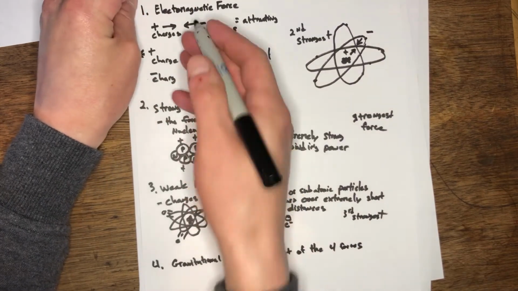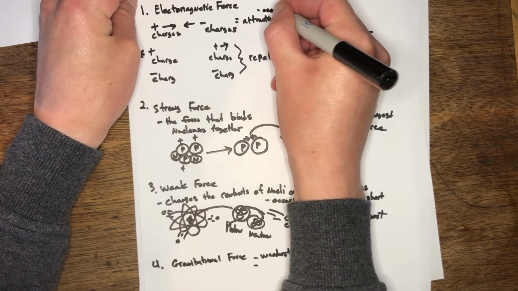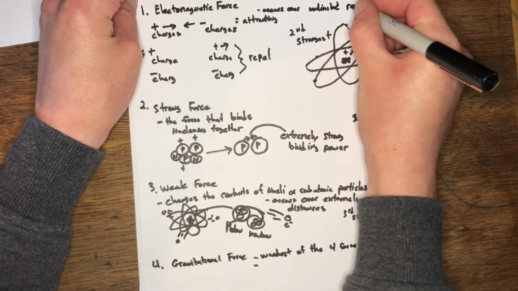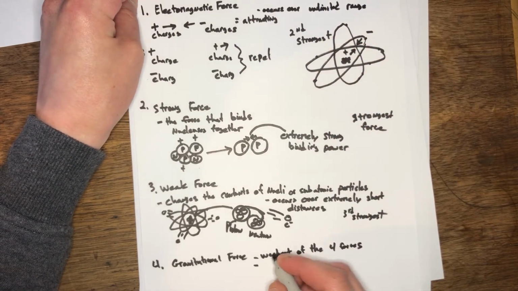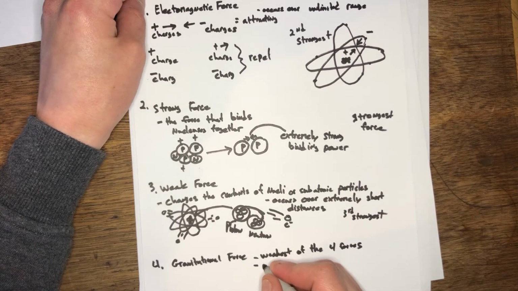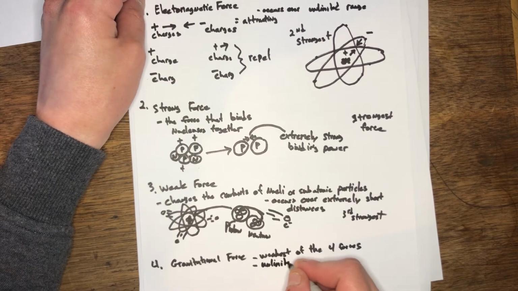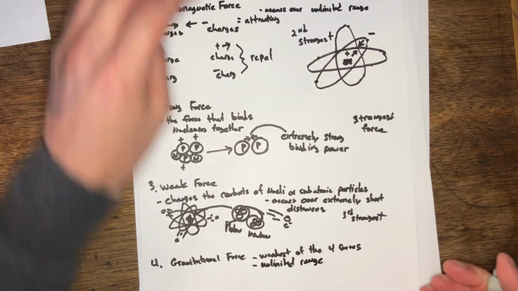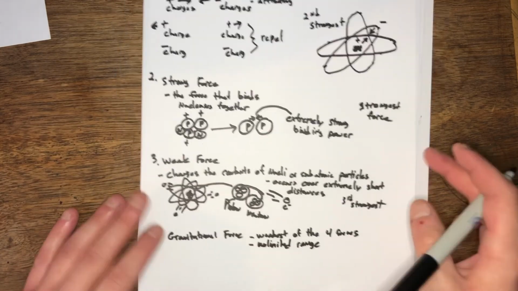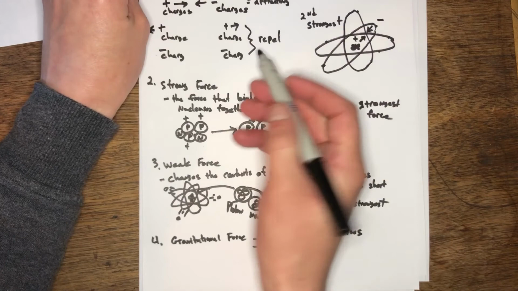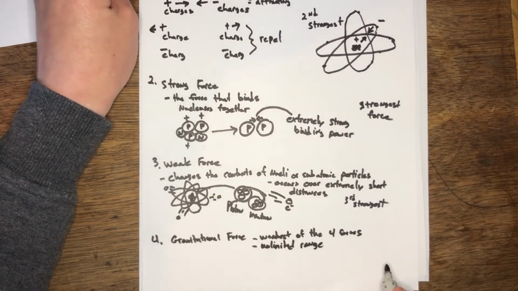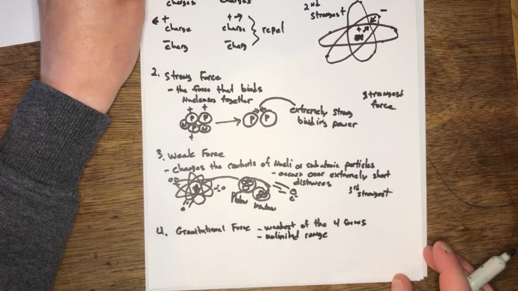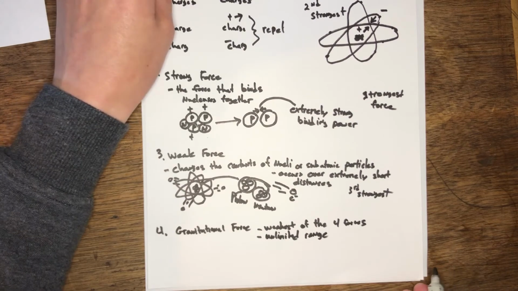And the electromagnetic force also occurs over unlimited range. Same thing with gravity. So unlimited range. Even though there are pieces of matter on the other side of the universe, they do exert a gravitational pull on you. A charged particle might also exert a force on you, but it's not as strong as a gravitational force if it was on the other side of the universe. It's an extremely small force, but it would still do it. It has an unlimited range. However,